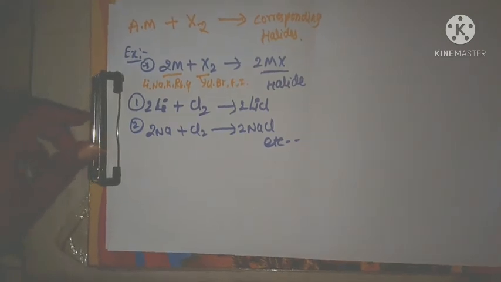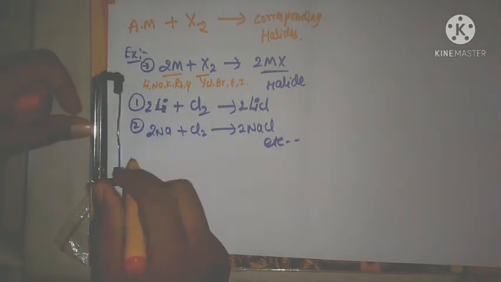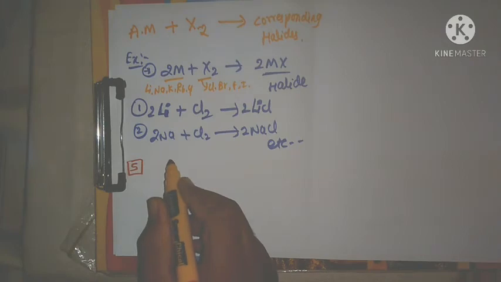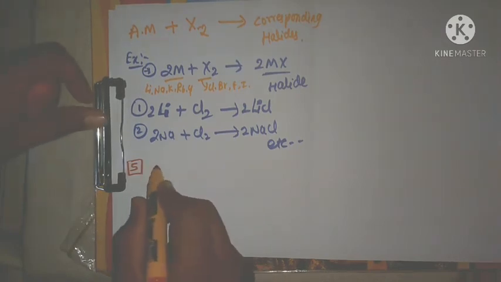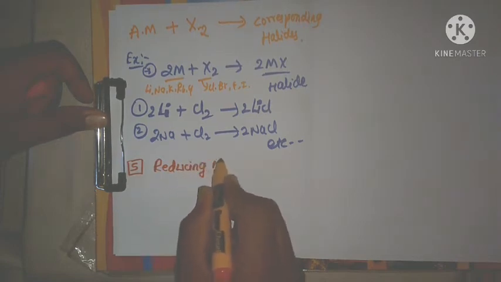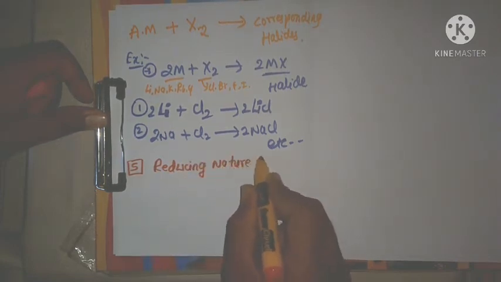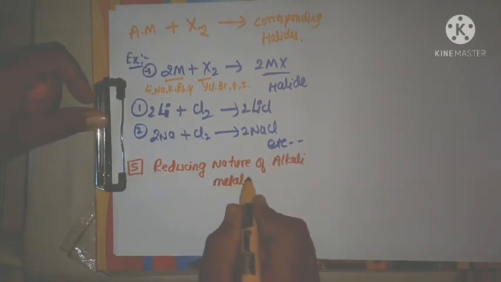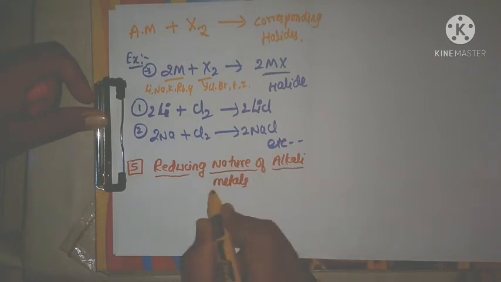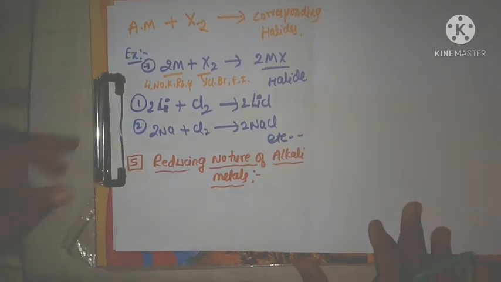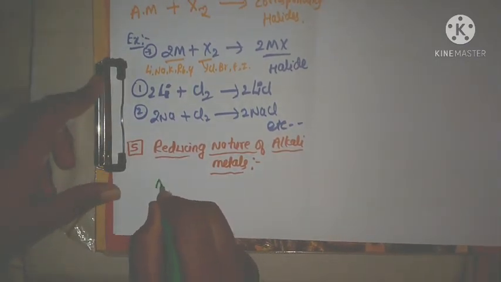Fifth one is which one? Reducing nature of alkali metals. We will discuss now how alkali metals act as reducing agents. Now for this one I will write 3 reactions first. Metal,